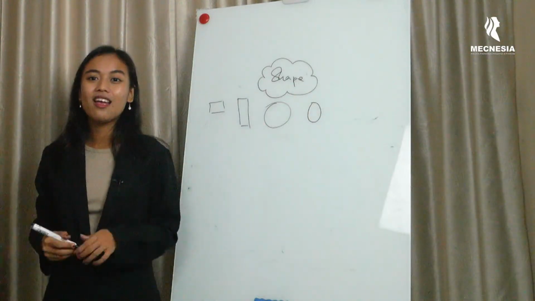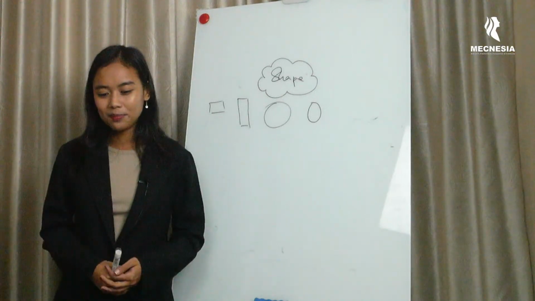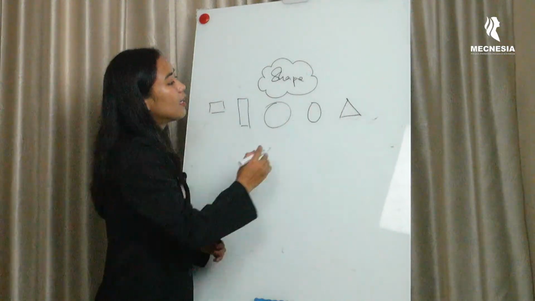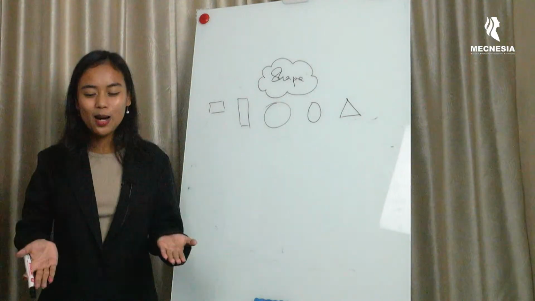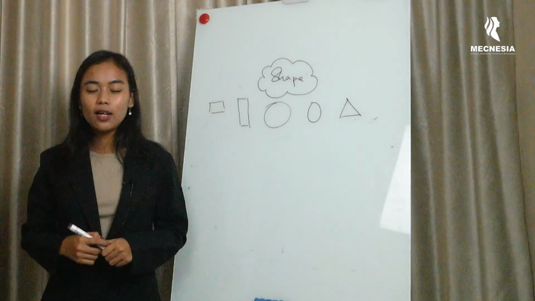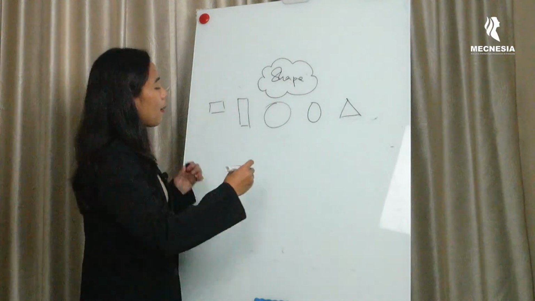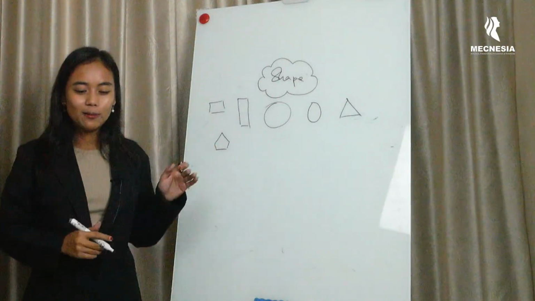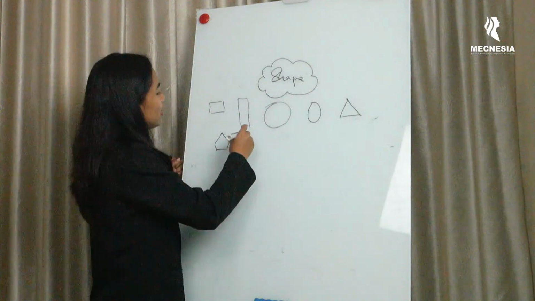Next we have oval. One more time. Oval. Next we have segitiga. Triangle. The next one kita punya segi lima. Pentagon. The next one, segi enam. Segi enam is